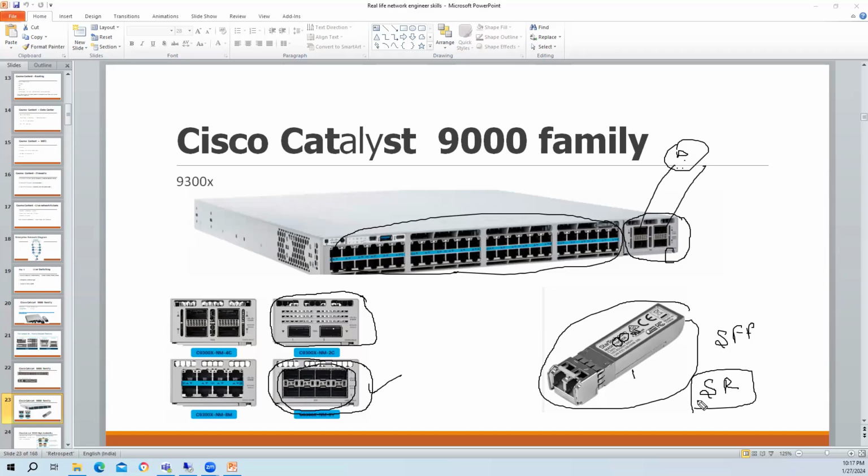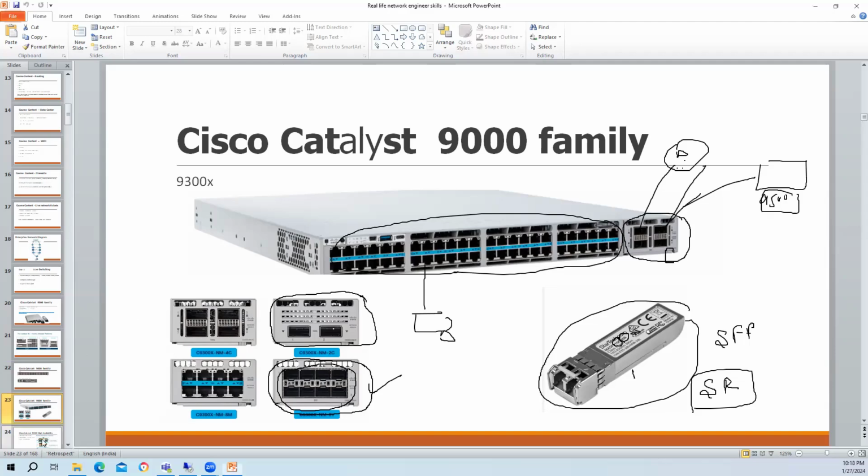So definitely, guys, not only the configuration perspective, troubleshooting, we will also see some hardware troubleshooting perspective. In case, let's say you connect your fiber link from 9300 to 9500, and in that case your fiber port is not coming up, what's your troubleshooting step? Okay, similarly, when you connect the Ethernet cable to any end device, if your port is not coming up, what's your troubleshooting step? Okay. So we will also cover those things.